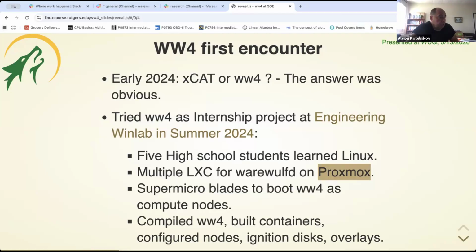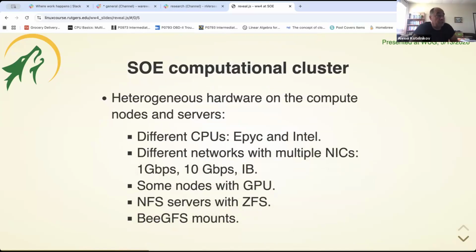Anyway, each student got an LXC container where they downloaded the Warewulf 4 sources, compiled, installed, and set up their own DHCP servers. It was not easy to manage different DHCPs running on the same network because the host was stealing IP addresses from different DHCP servers. But anyway, we managed to do that. They installed Warewulf, then built containers, configured nodes, did disk partitioning and file system installation with Ignition, and played with overlays. And they booted up Supermicro Blaze bare metal systems with Warewulf 4, and everything looked fine. I checked it out and tried to reproduce it myself. It worked nicely. So I decided to proceed with production deployment of Warewulf 4 on the engineering cluster, which is